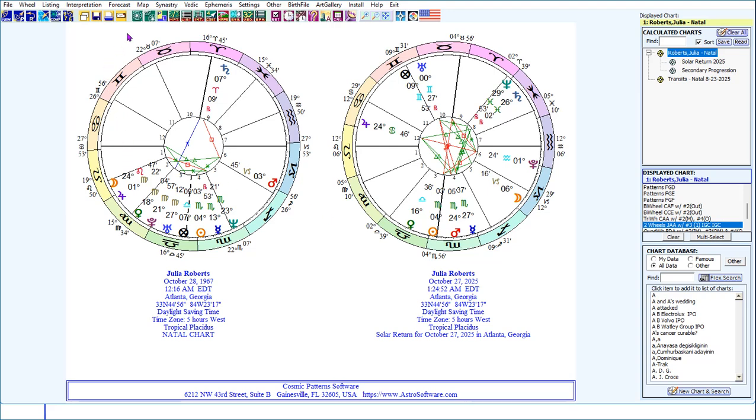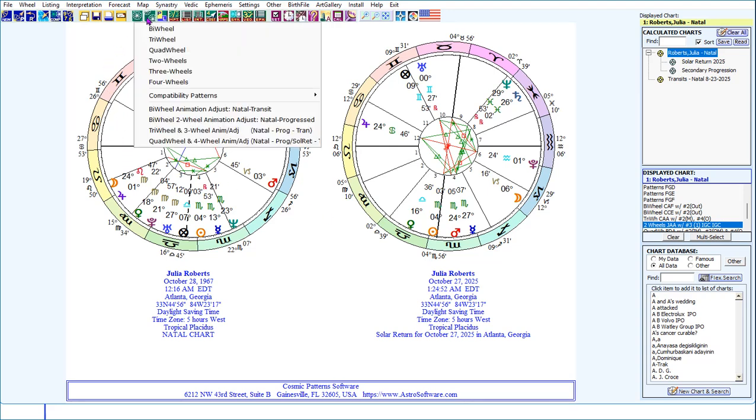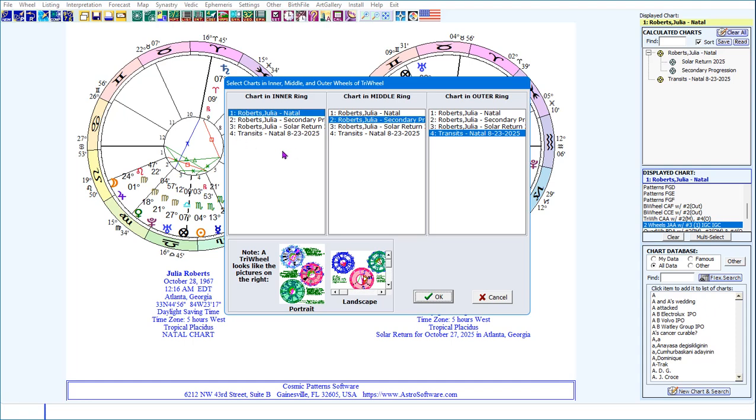Okay, now we click on here again. We click on 3 wheels. With 3 wheels, you have 3 wheels on the screen. So if you have 3 people, you want to look at their positions, the natal positions, you can do it, or just look at their returns or secondary progress positions. Or look at the transit as well. So let's click on 3 wheels. Again, you have the choice of